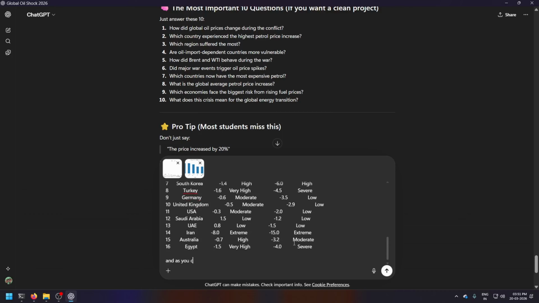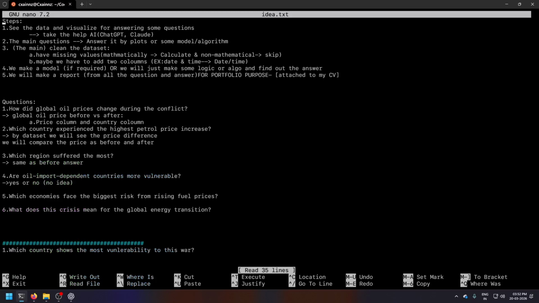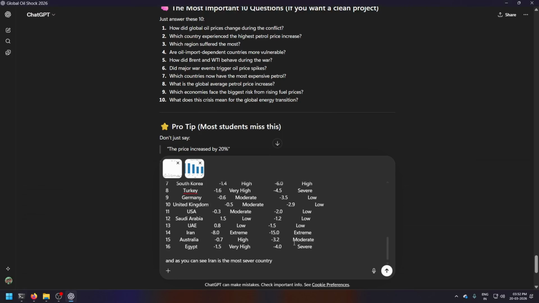And as you can see, Iran is the most severe country. And the question was particularly, are oil import currencies vulnerable? And the answer is yes.